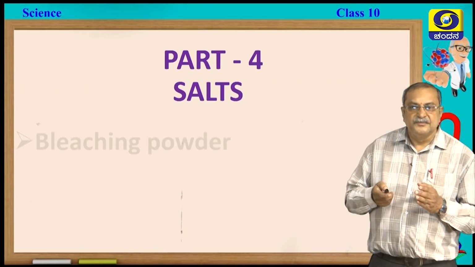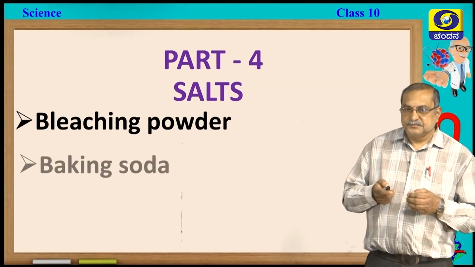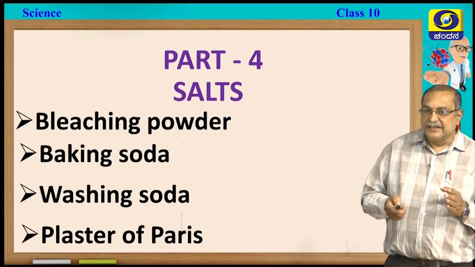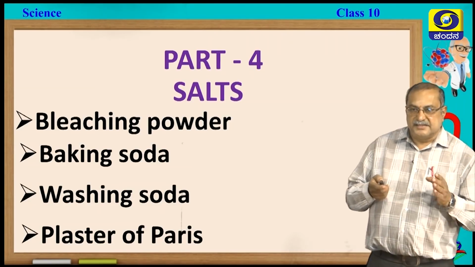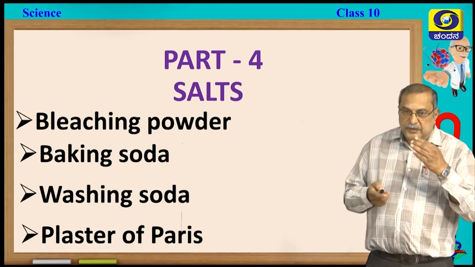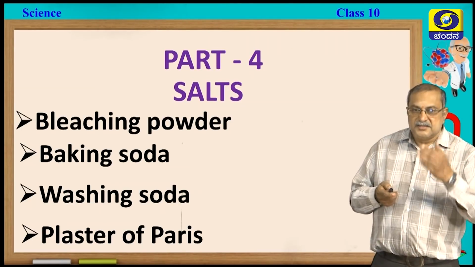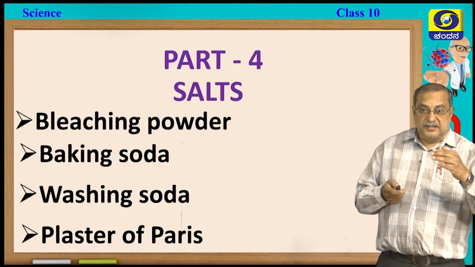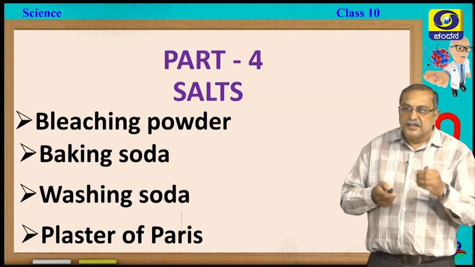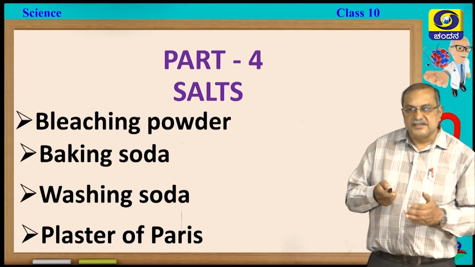Which are the salts? Bleaching powder, baking soda, washing soda and finally plaster of Paris. These are all salts which are going to be the byproducts of common salt, sodium chloride, that is brine solution. No? So, that we are going to learn today. Before going to learn the salts, I am going to revise a little bit of the previous part. This is the last episode we are going to learn in detail. So, let me revise and go for the salts at the end.